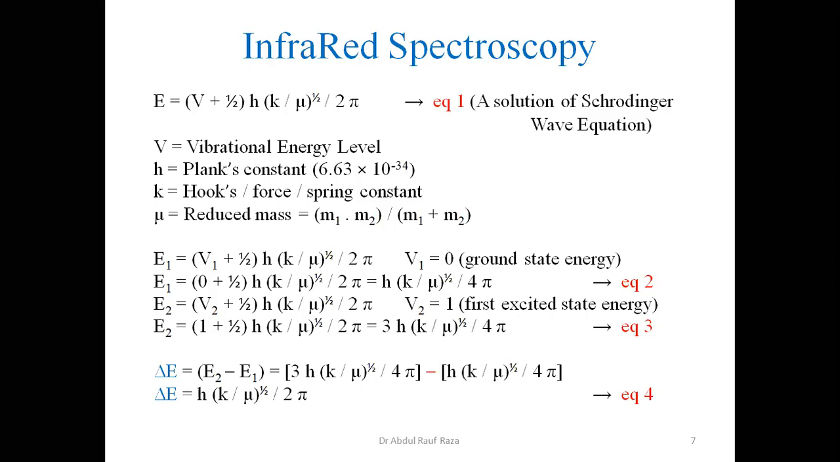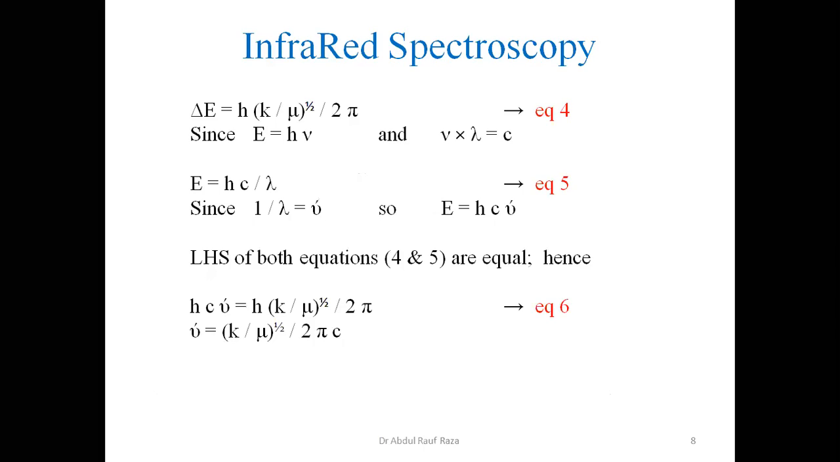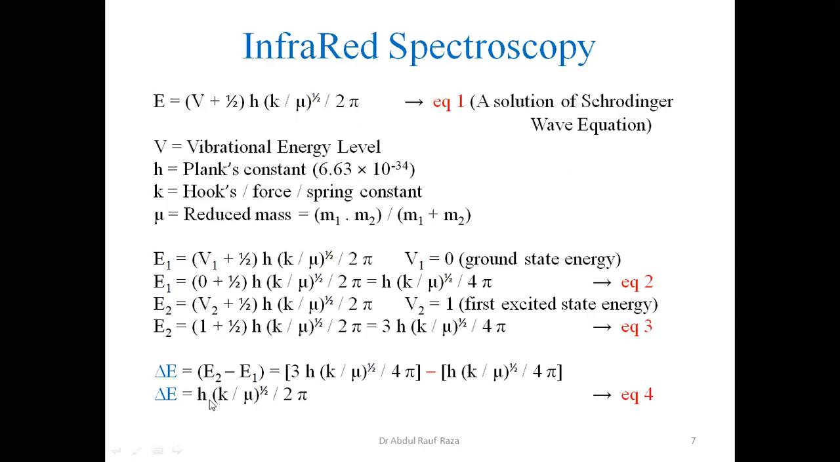All right, so I think this shall be clear to everyone. Now, if I switch over to the next, you can see here, we have come to know, coming from this equation, delta E, the difference of energy, is h times the square root of K over reduced mass, divided by 2 pi. So this is equation number 4. We have concluded after